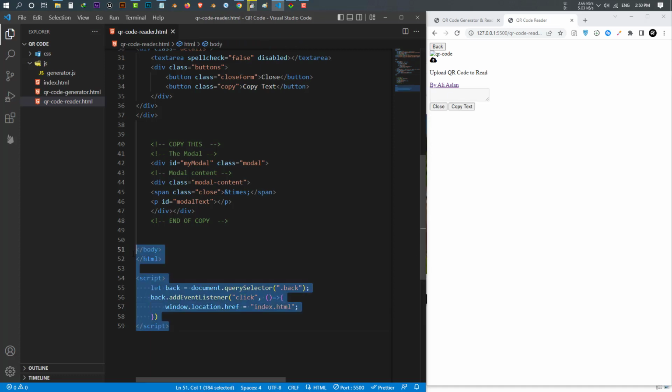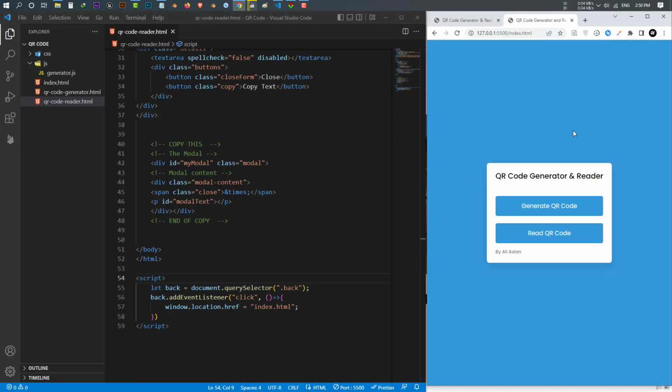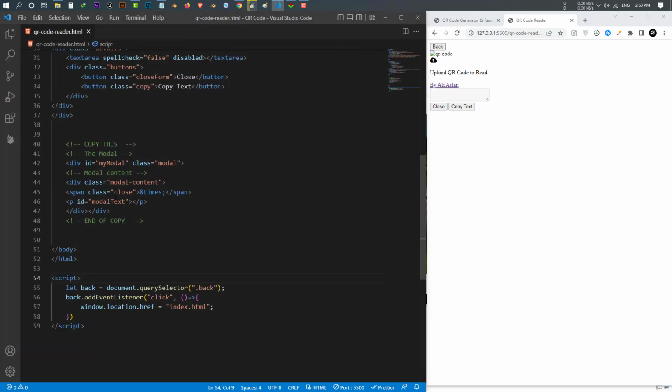This code will redirect this back button to the home page. You see, just like that. Okay,